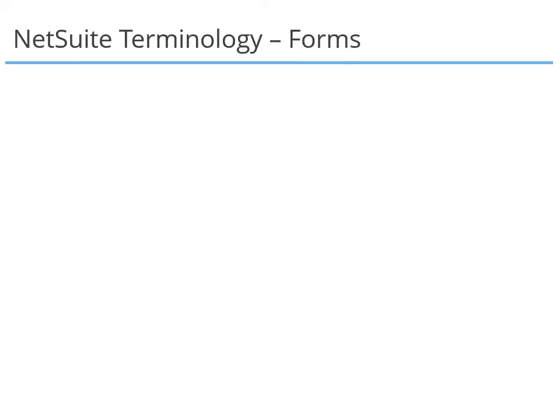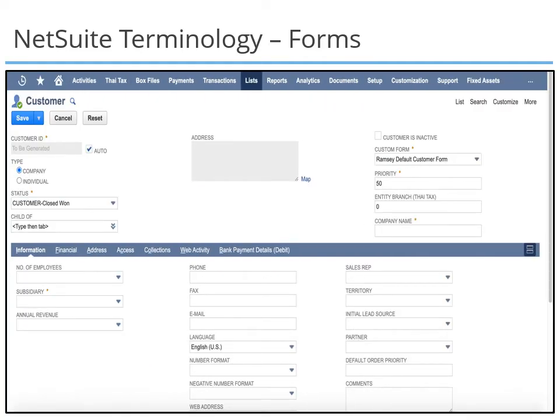Let us try to understand few NetSuite terminology. Knowing this will help us as we move forward with the other volumes of the NetSuite ERP Foundation e-learning series. NetSuite Form is a HTML page and is an interface to create, modify, and view records or transactions.